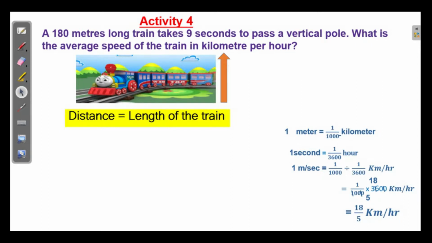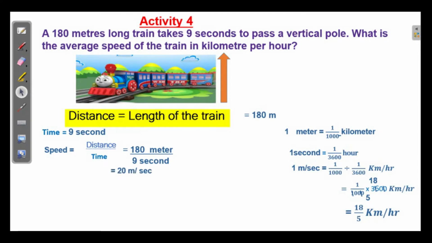And here the length of the train is given as 180 meters. So, the distance is 180 meters. And it takes 9 seconds. The time taken is 9 seconds. So, the speed is equal to distance by time, which is equal to 180 by 9 seconds is equal to 180 by 9 means 20. 2 9s are 18 and 1 0. So, here it is 20 meter per second, and we have learned 1 meter per second is 18 by 5